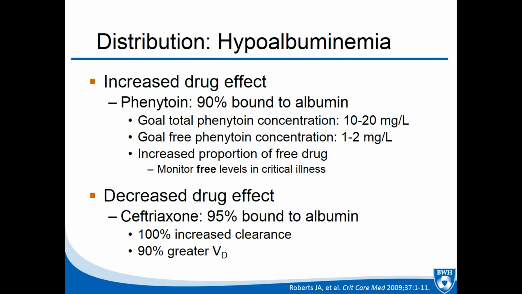Another decreased drug effect with hypoalbuminemia: ceftriaxone is a drug that I don't think gets mentioned a lot in patients who are hypoalbuminemic, but it's actually about 95% bound to albumin, and so it has extremely quick clearance in patients who are hypoalbuminemic. So in those patients, it may be worth considering doing, say, ceftriaxone 1 gram Q12 as opposed to 2 grams once a day if you're using that high of a dosing